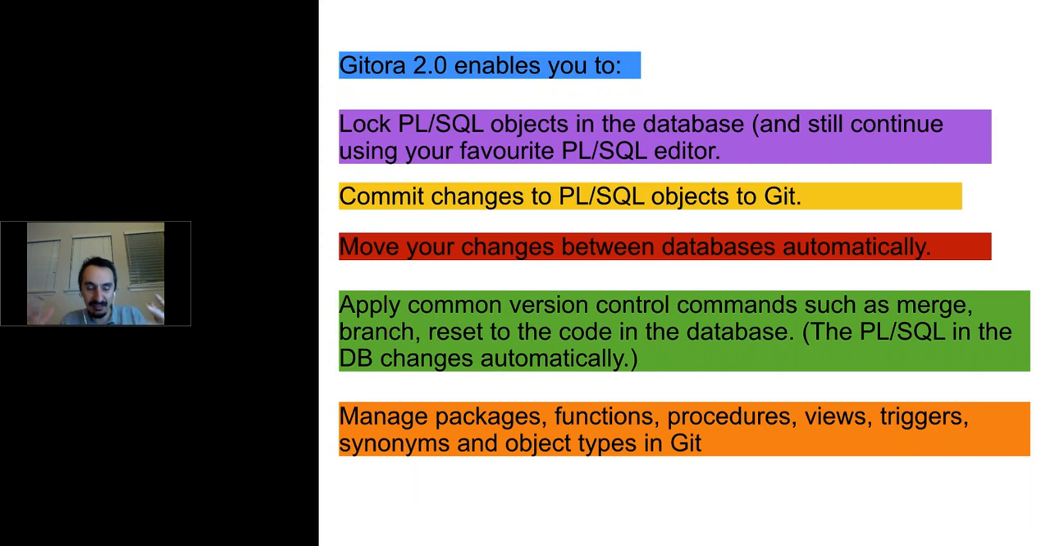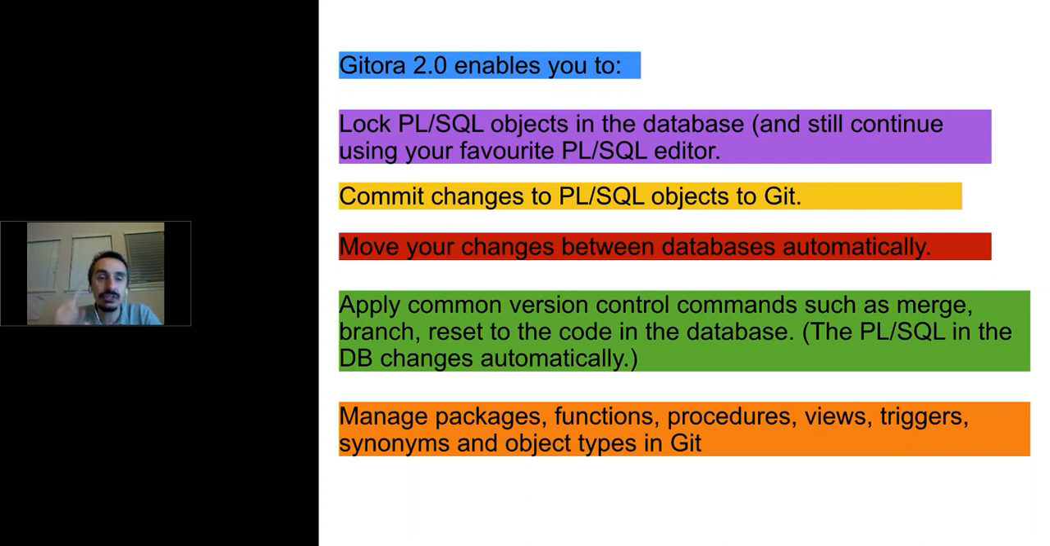Like in Git, when you apply a Git command, say you merge code, and your working directory changes. But in PL SQL, your database doesn't change when you do merge and version control. Only the working directory, only the files change. With Gitora, these changes will be applied to the database automatically, which makes things a lot faster, and will enable